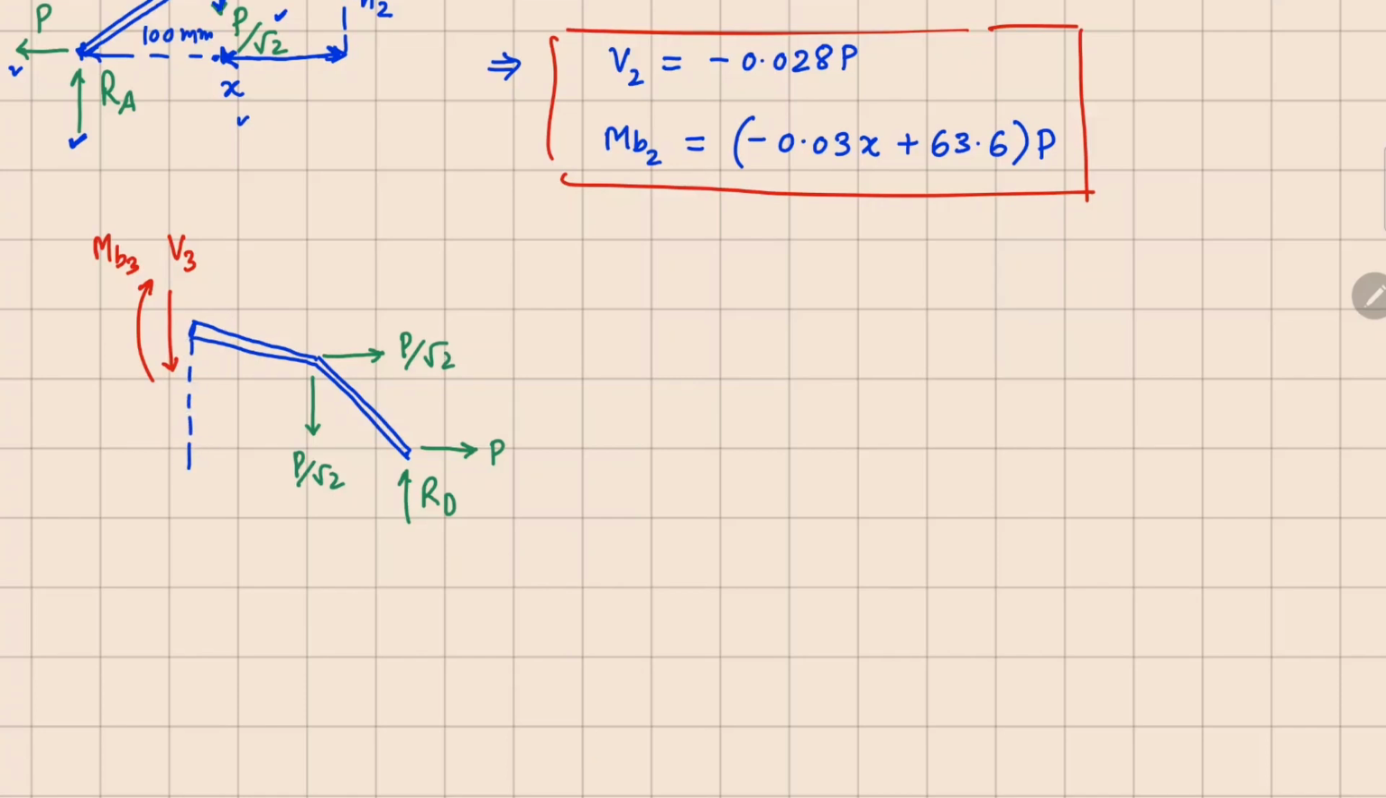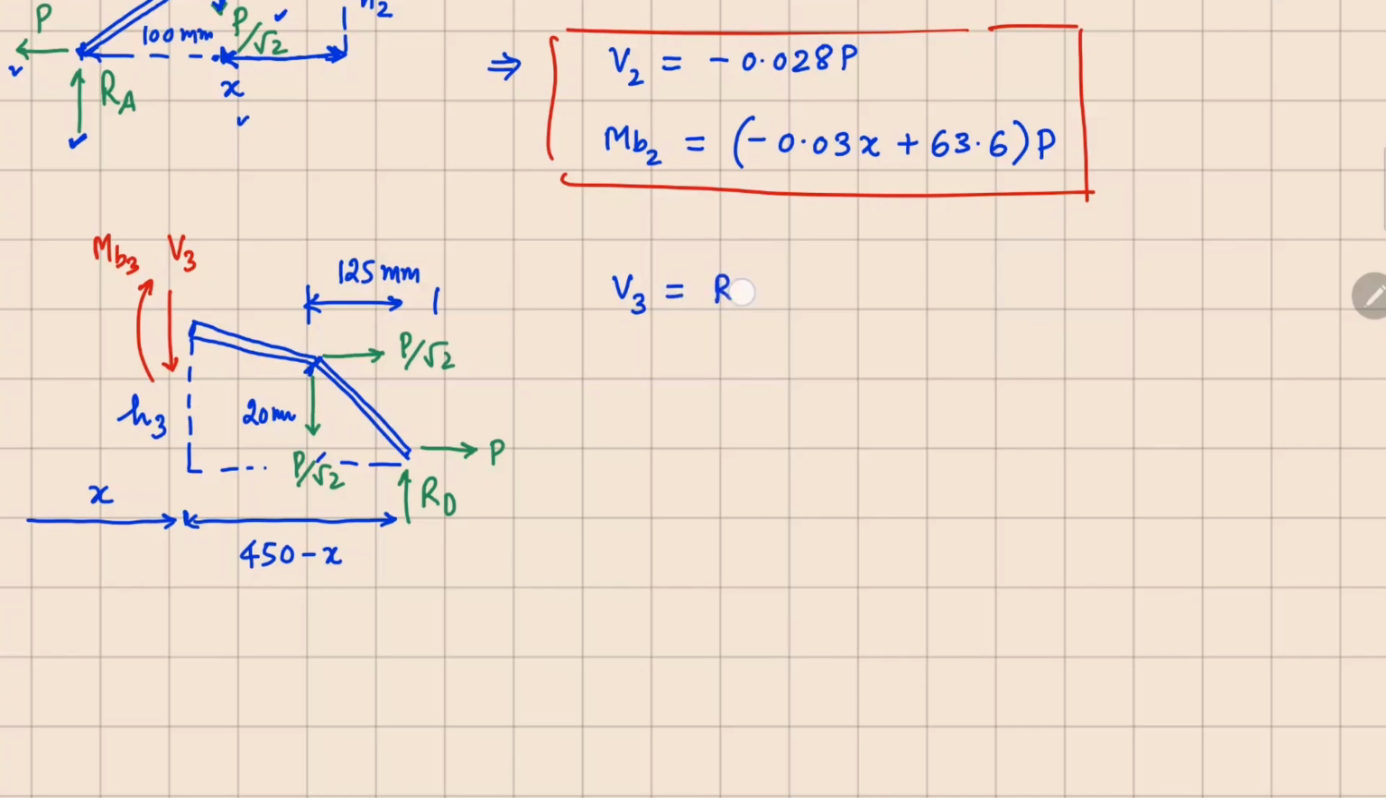Now your distance is here. This vertical height at this location is H3. This point had a height of 20 mm. Now this distance from here to here, because your cut is always made at a distance of X, total beam length is 450, so this becomes 450 minus X, and this gap right here, which is this one, is 125 millimeters. So I can write down the force balance for this. So your force balance will give us V3 equals RD minus P over square root 2,